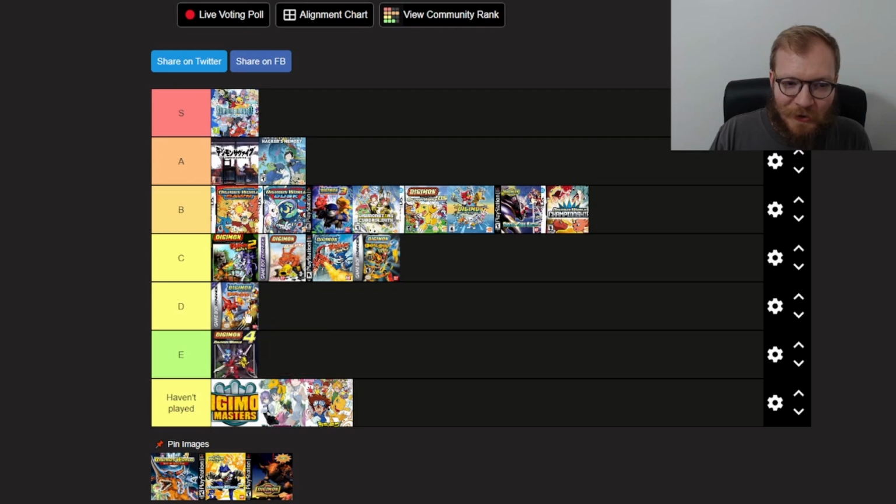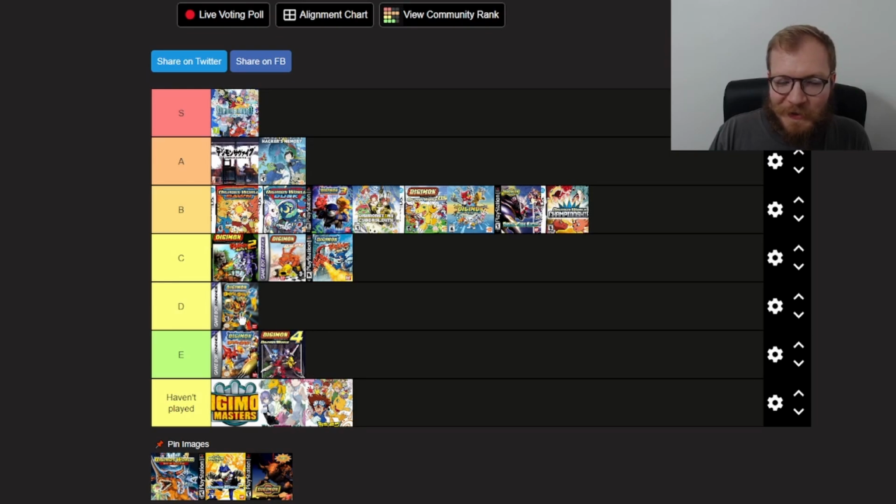So, you know what we could do too is we could put these here, and I'm going to put Battle Spirit here. Battle Spirit, I don't really want to play. I don't want to play Digimon World 4. This one's a little bit better, so we put it in D, and then the rest are in C. I'm going to go with that. Okay, now,